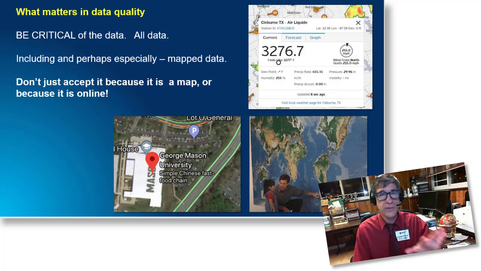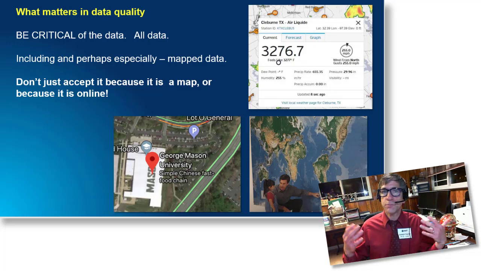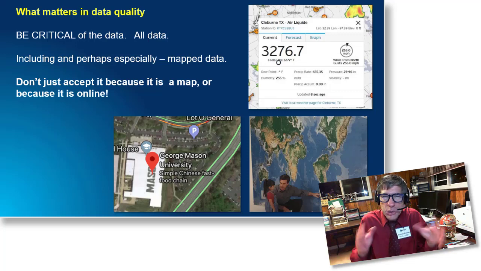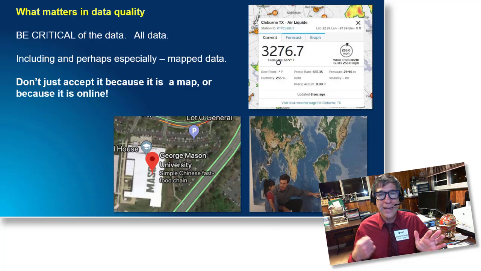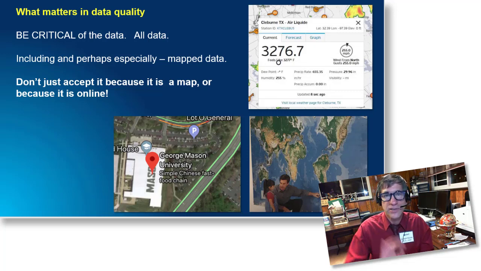There's generalization, there's map projection issues, there's all kinds of things with our oblate spheroid, right? And getting that into a 2D or a 3D map or GIS database. So be critical of the data, including and perhaps especially mapped data. I think mapped data has this air of authenticity. It's often just believed because it's a map and it looks authoritative. But be critical of it. Remember, anybody can create a map from a GIS nowadays and serve it for millions of people to look at. Be critical of it.